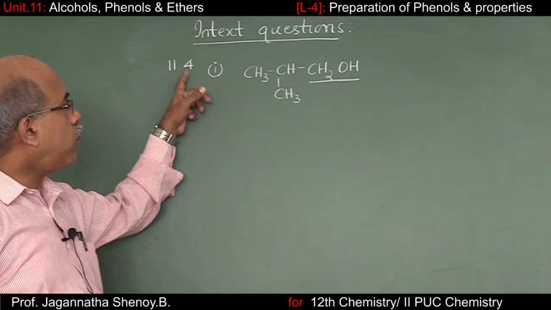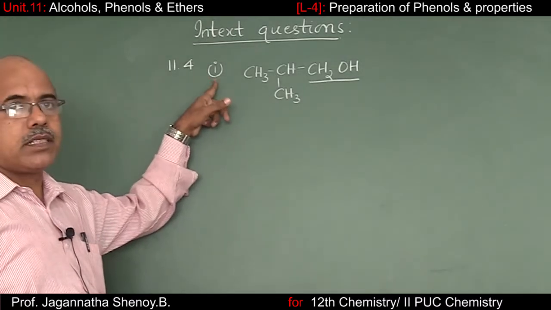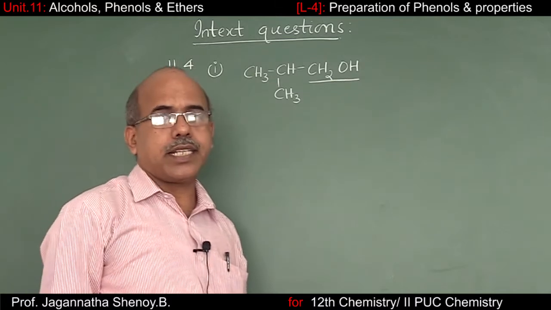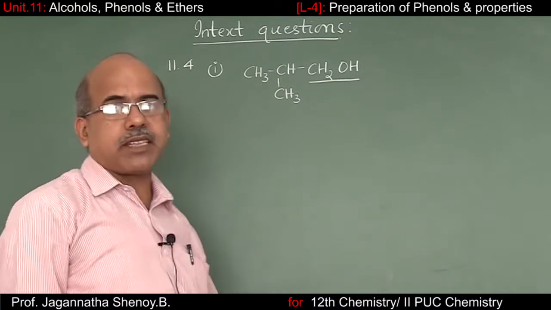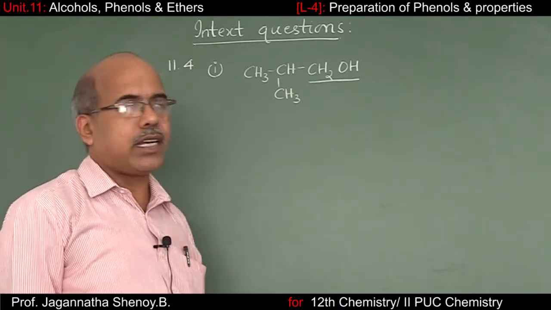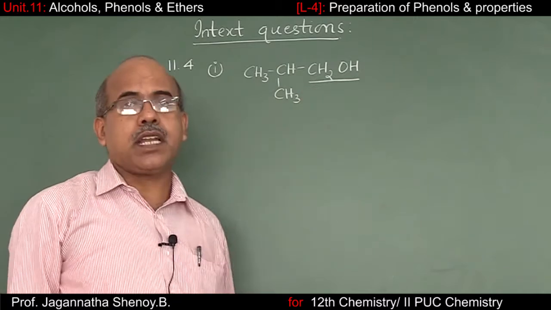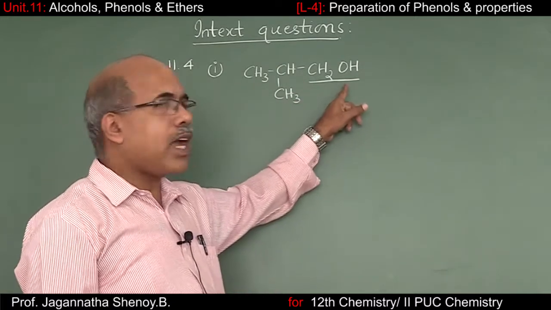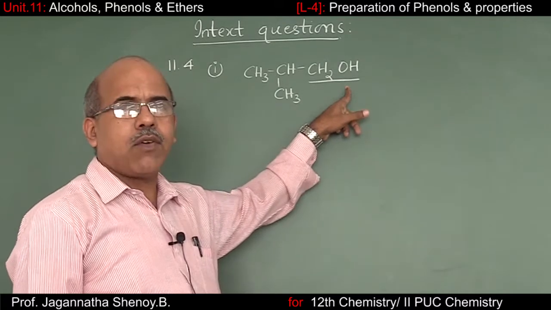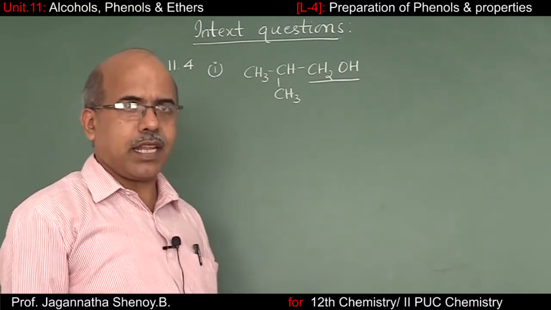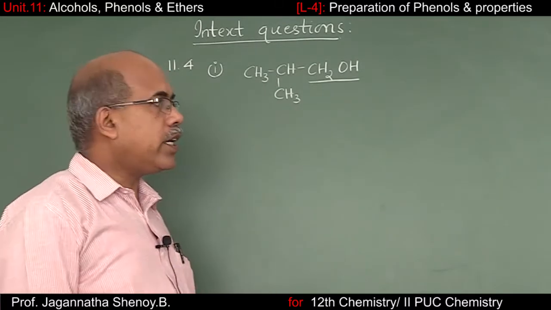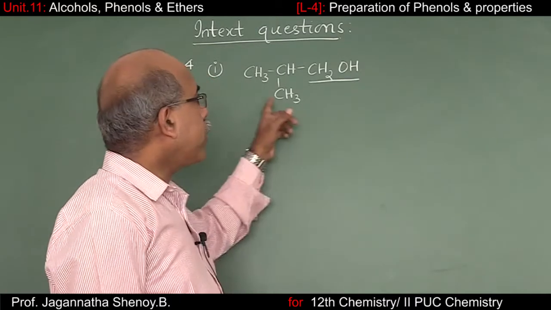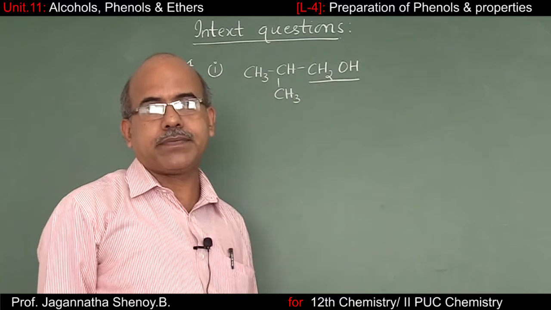There is 11.4, the first one. The question is, I have to start from a suitable Grignard reagent and make it react with methanal, that is formaldehyde, to obtain this particular primary alcohol. Now, because it's a primary alcohol, it is understood that one of the reactants must be formaldehyde. They have already given that. The question is, which Grignard reagent we have to select in order to get this as the final product.